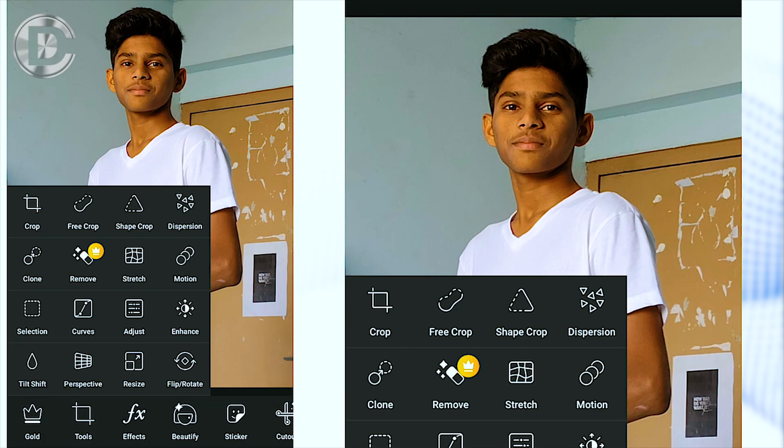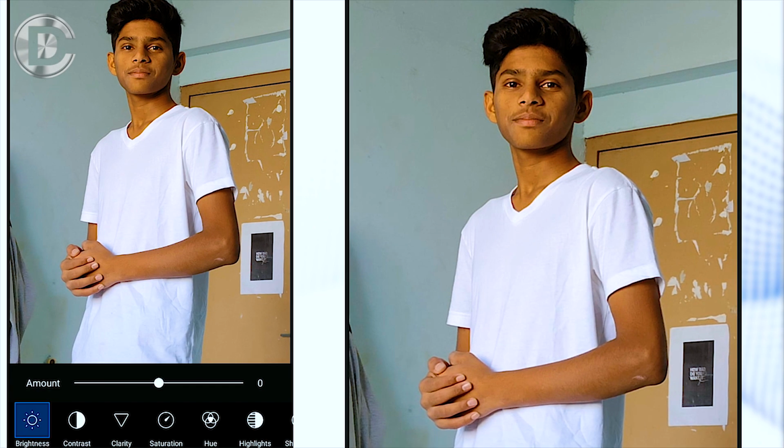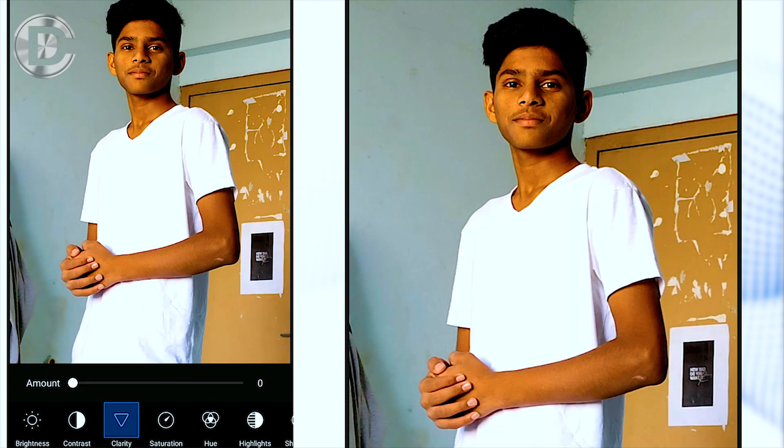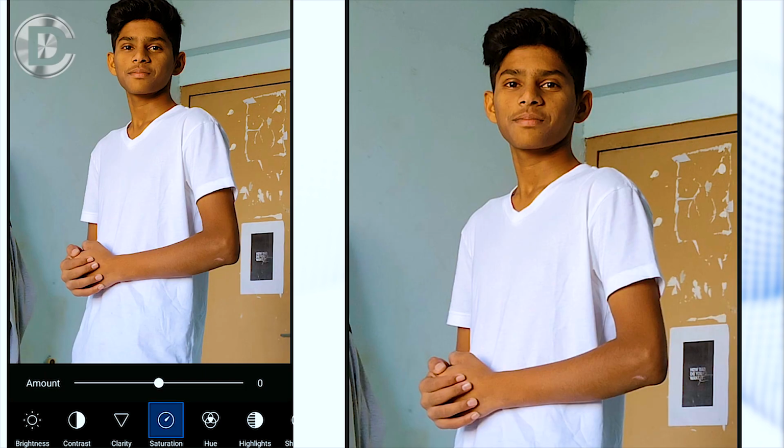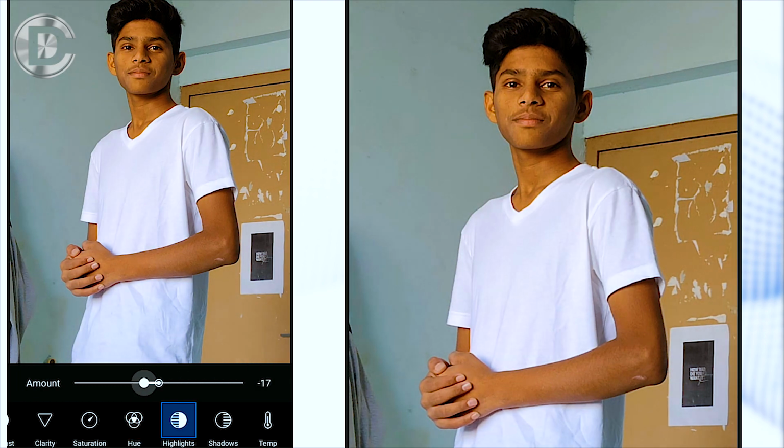The next feature is adjust. So going with the name, in this feature, you can adjust many things on your image. First in this panel is brightness. You can shift accordingly to the image. Second is contrast. Adjusting contrast will give your image an extra depth. Clarity. Clarity works by adjusting the contrast and sharpening at the same time. Saturation is for saturating the color composition in the picture. With hue, you can add any color tint to your picture. You can also adjust the amount of highlights and the shadow by using highlight and shadow features respectively.